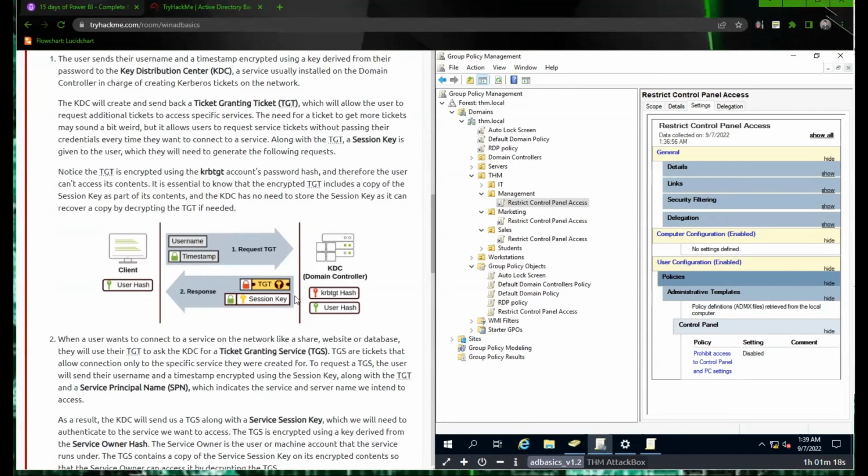pass along the TGT. Okay, so then it encrypts the TGT using the KRBTGT hash, and then sends that. Okay, so it could decrypt the TGT if necessary to get the session key, and then it will send that